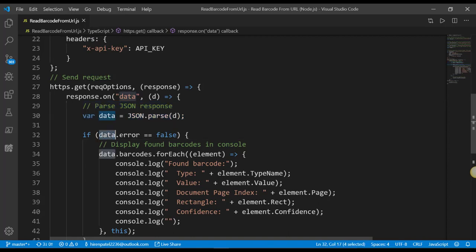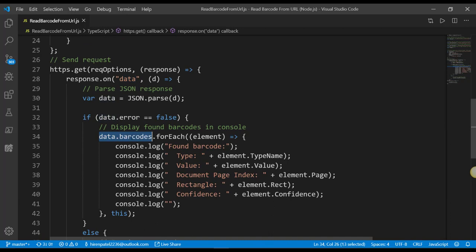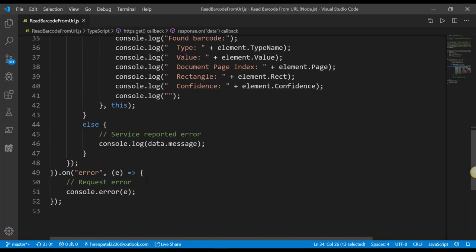The error field is false, which means it was successful. Then we iterate the barcodes array and console.log all the parameters. So let us see this in action.